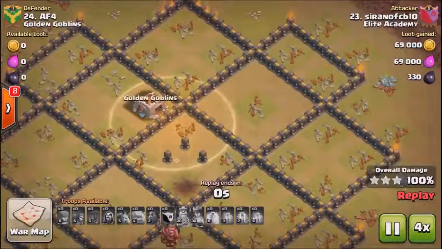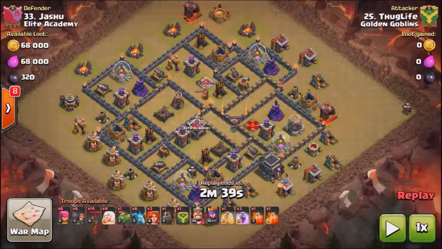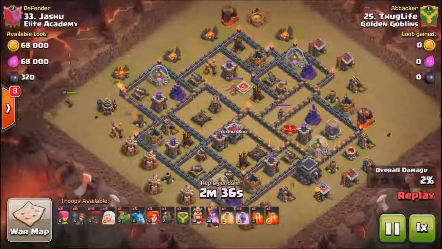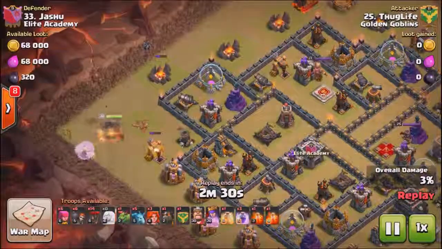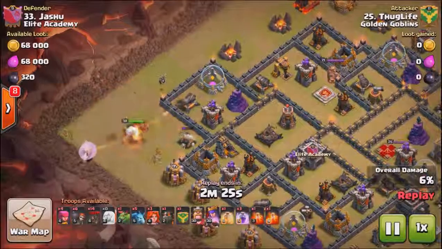So what you want to do with the air portion of your attack is the first thing you want to look at is what direction are the air sweepers pointing at, because when you're planning out your attack, that's pretty relevant. You don't want to go ahead and send in all your balloons and your Lava Hound direct. Alright guys, so the last replay on our docket today is going to be this one,